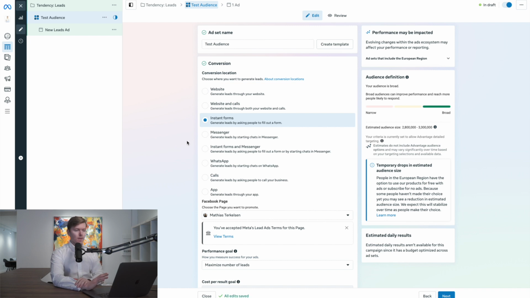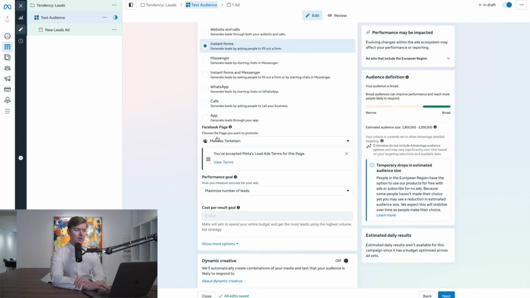So with that done, we can go down to conversion. Now we have a lot of different options here. Now this is actually a strategy that's in app, meaning that it's just in Facebook. So we don't have to set anything technical up. That's also why it's a simple strategy that you can use very fast. So we're just going to go with instant form. I'm not going to go through all of these different options. So just press instant form and let's continue.